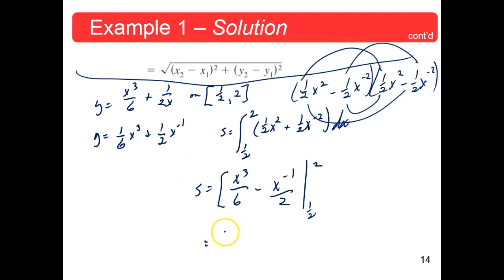Oh, boys. Powers of 2 again. What's this? 8 over 6 minus. Okay, say that one more time. 1/4. Perfect. Okay. That's the upper one. Now the lower one would be